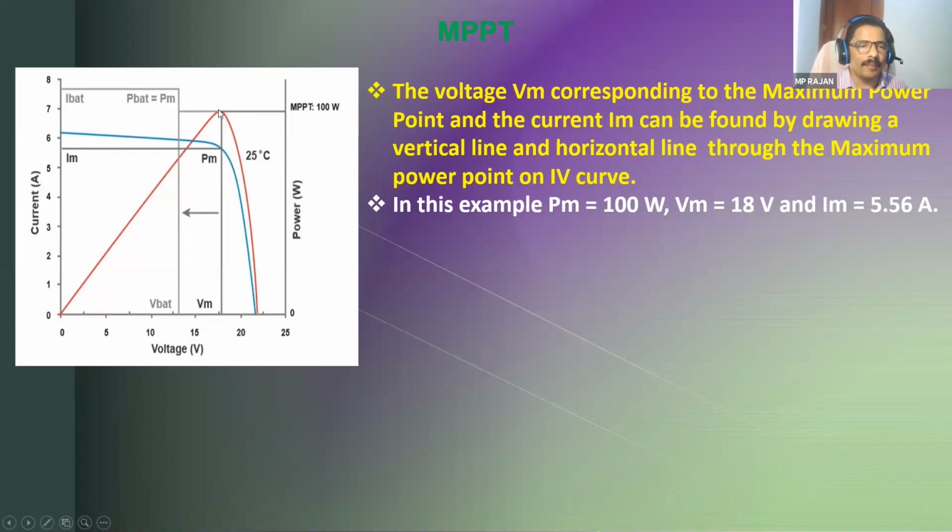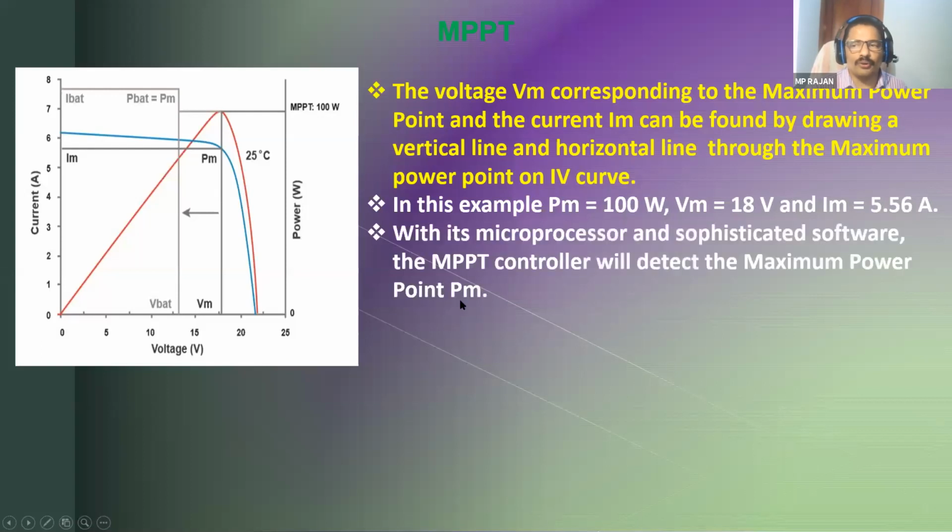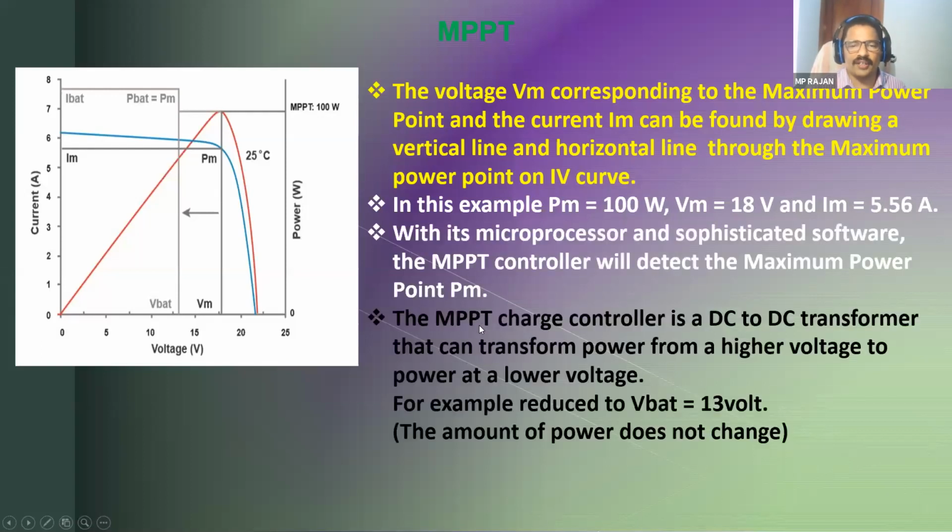Okay, but our battery voltage we have to control. Our battery voltage we can set to 13 volt. Now we'll be giving same 100 watt power, corresponding voltage we can say 18 volt. So 18 volt supply 5.56 ampere current, together we can say 100 watt. It is applied to the input of the DC to DC converter. आपका DC to DC converter का input कितना होता है? 100 watt पूरा होता है.